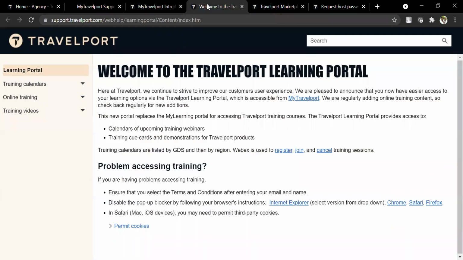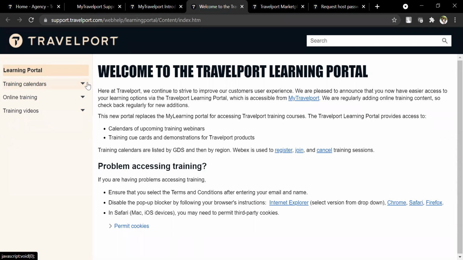Then, of course, the learning portal, My Learning. As we mentioned before, this is where you can go and learn about specific things that you want to do within the system. Educate yourself. For those of us who will be waiting for the classes, it's great. But while waiting for those classes, why not try to find out what you can do or learn on your own? For those of us who want to know how to reissue, how to exchange, the processes to do such things, how to split a booking,